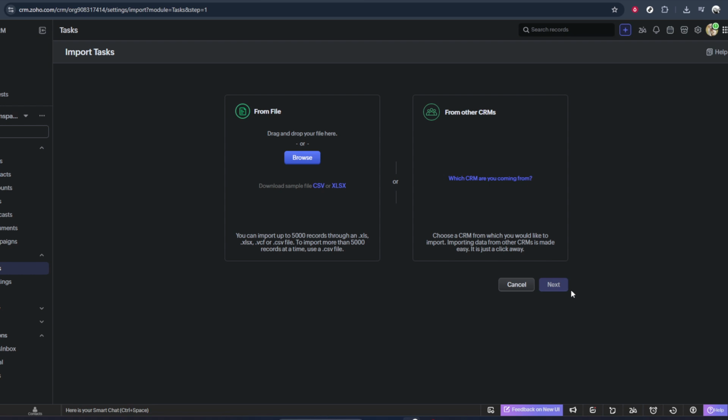your file and match your columns to the task fields. Take your time with those on-screen steps to make sure your data lines up correctly. And that's it. You've now navigated from the main Zoho CRM screen into Activities, into Tasks, and opened the